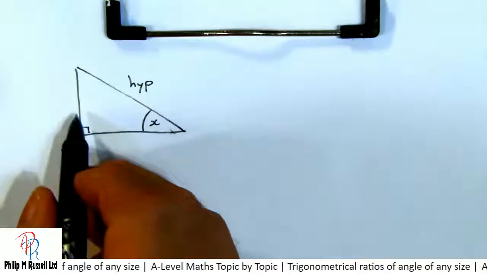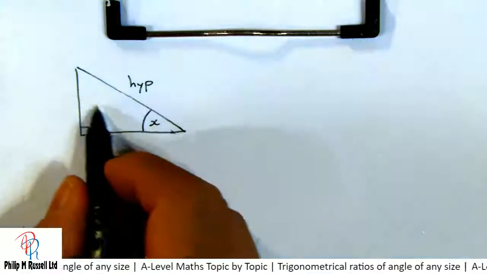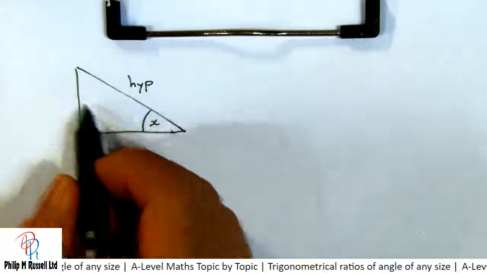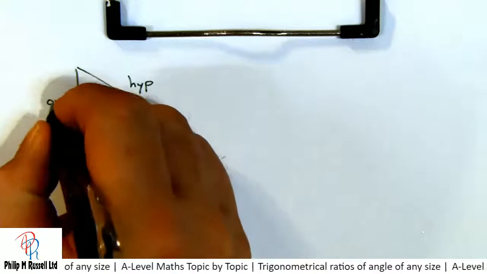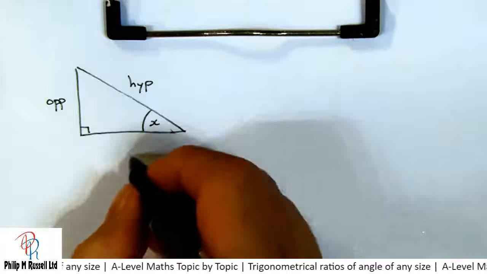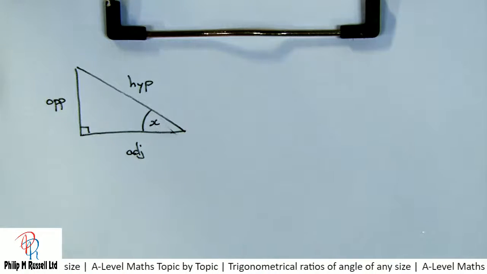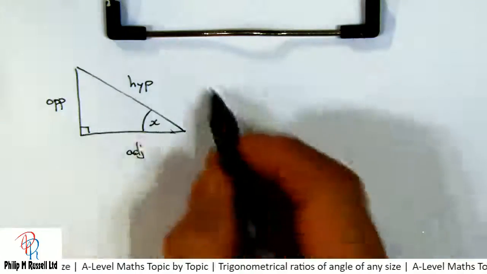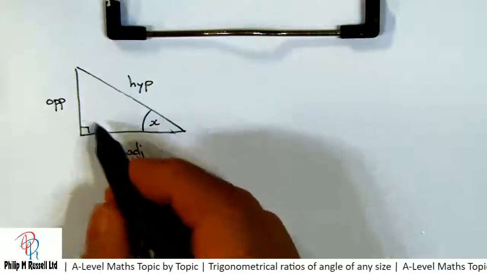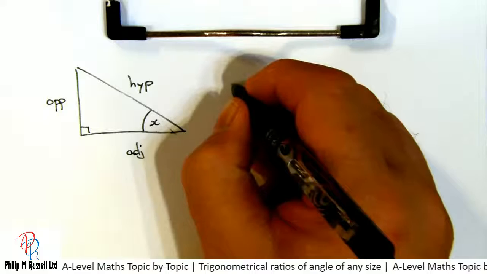This side is as far away we can get from the angle x, it is opposite, and this side here is next to the angle and is adjacent. And we have our thing that we remember,